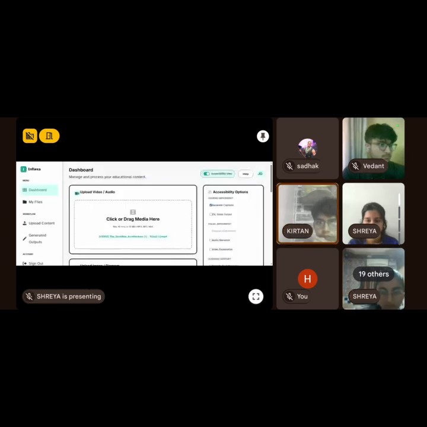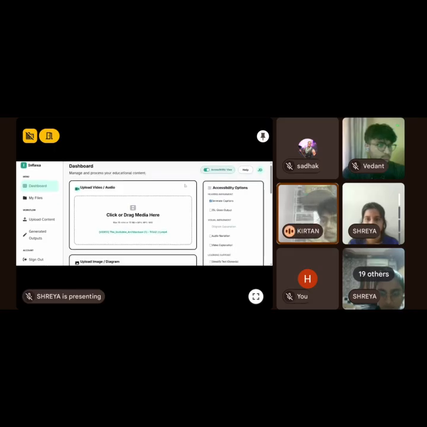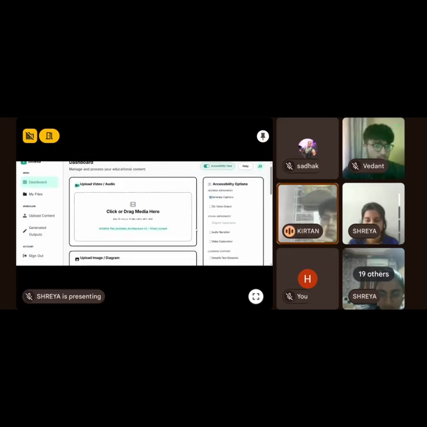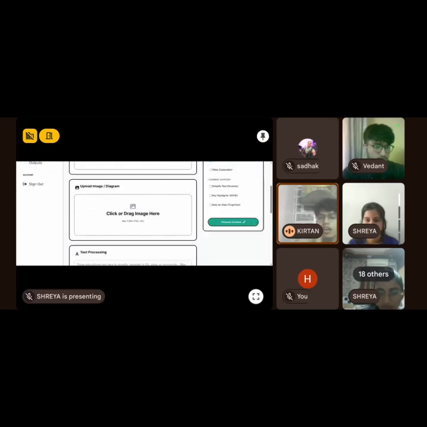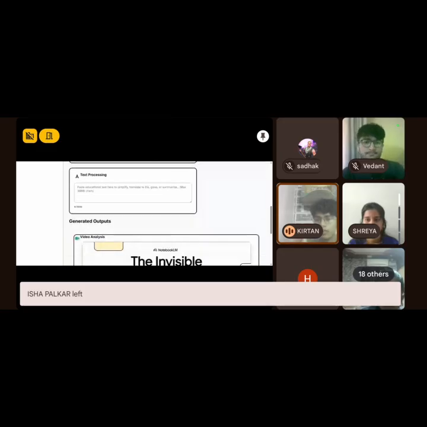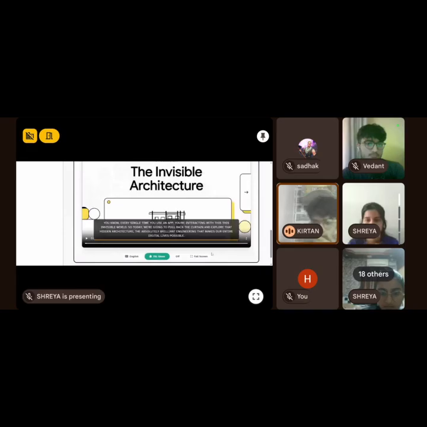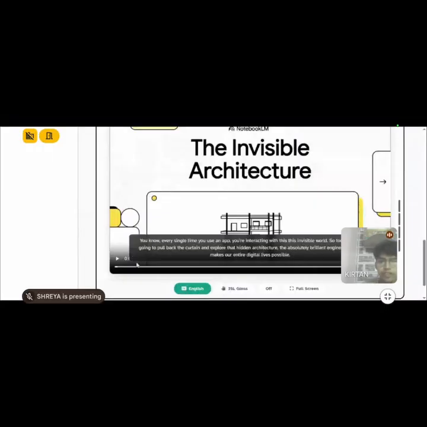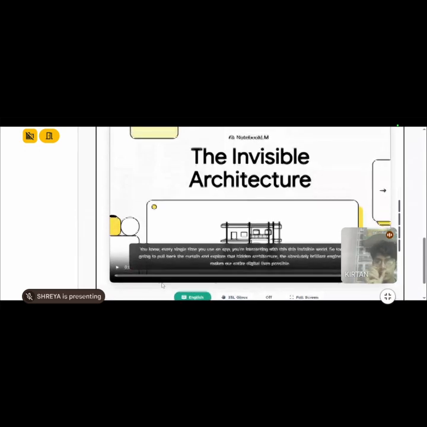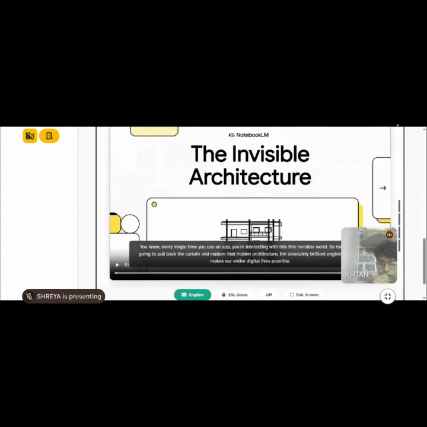Now, if the user selected is a hearing impaired student, then we have options of generating caption and ISL gloss output. ISL gloss output is because the sign language users interpret language differently from spoken language users. So for that, we use the ISL gloss output. So when a video is uploaded here, it goes into the audio pipeline in which the audio is extracted through Google Speech to Text, and Gemini 2.0 Flash then generates captions and ISL gloss output.